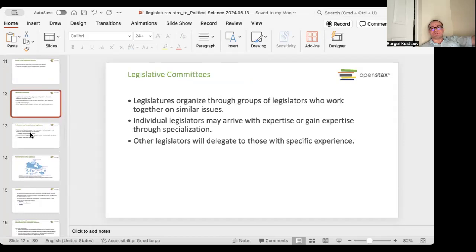Important thing about legislatures, they have committees on different areas of public policy. Let's say Foreign Relations Committee, Agriculture Committee, Appropriations Committee, which passes budget. And weird thing about budget in the United States, in most countries, budget is like a single law. In this country, there are like 12 appropriation bills on different areas of public policy. Defense Department and related agencies appropriation bill, or State Department and related agencies appropriation bill, or Agriculture Department and